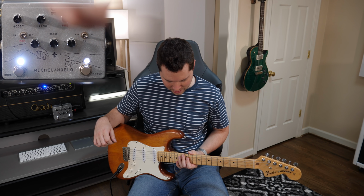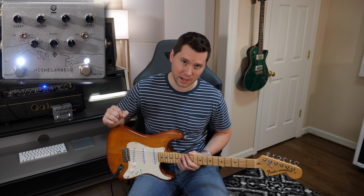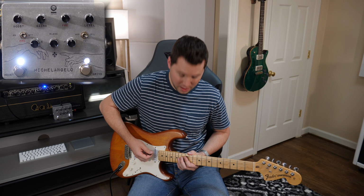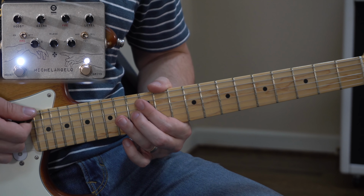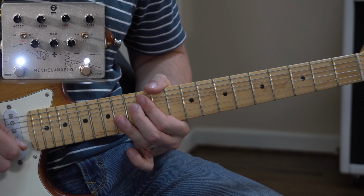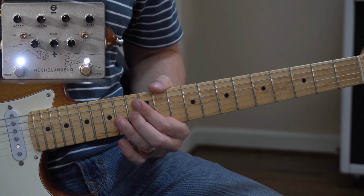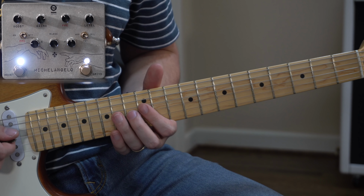So this little lick takes advantage of the major third in a minor pentatonic context. So we kick things off with the nice fourth, and we're bending up from the major third to the fourth, back down to the major third. That's really sort of establishing the aesthetic and the mood of this lick, because as you'll notice,